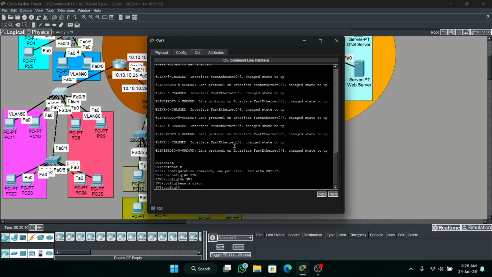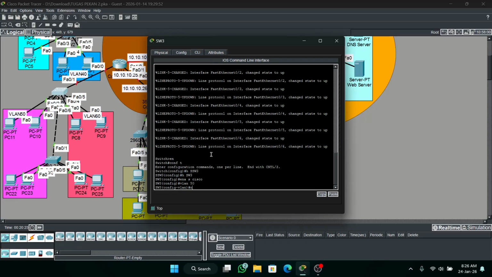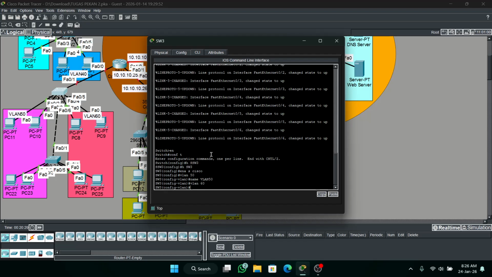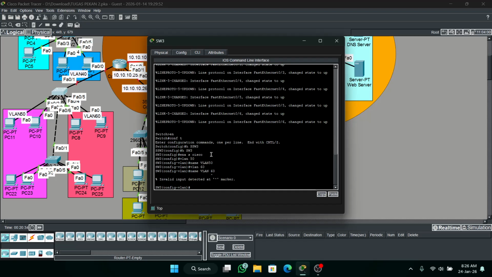In this topology I will configure the VLANs manually, because there are just 2 VLANs, VLAN 50 and VLAN 60. VLAN 50 and VLAN 60.